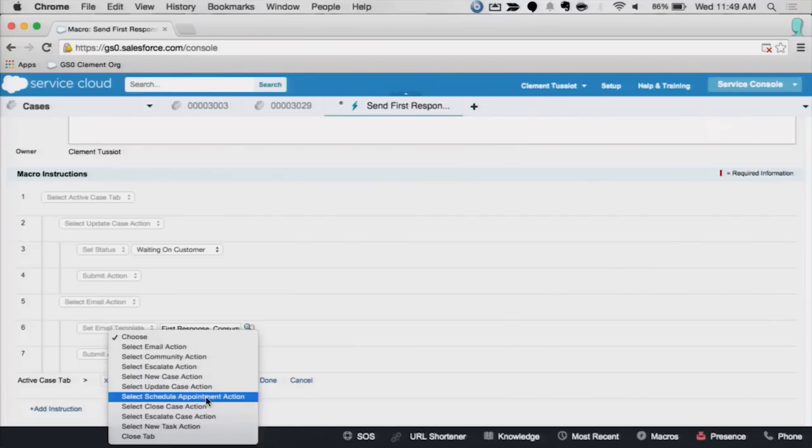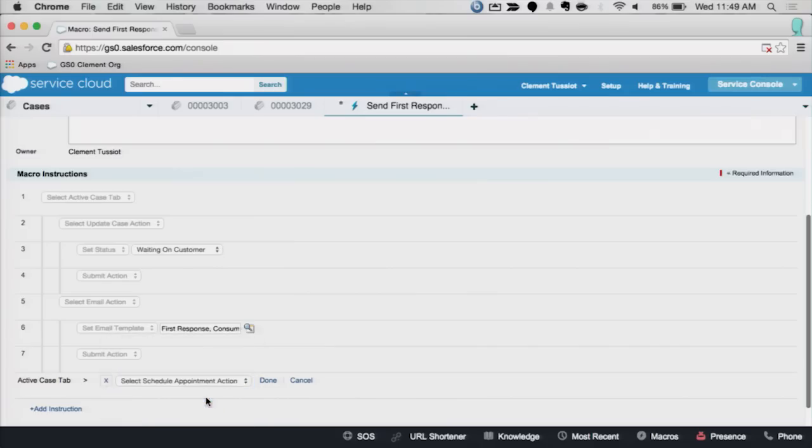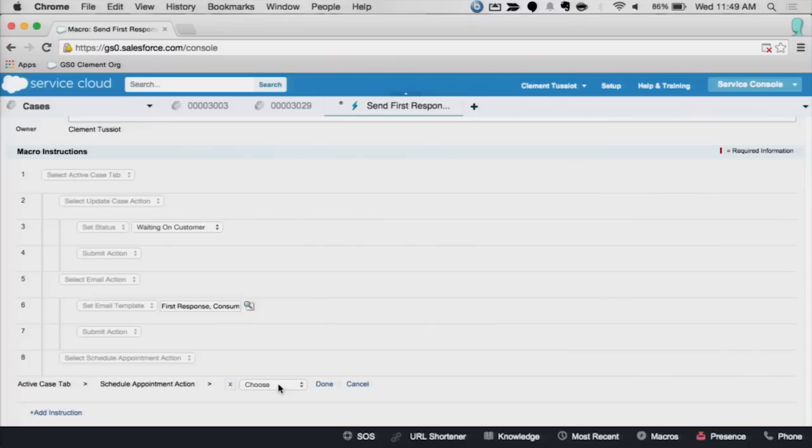And Clement, these are just quick actions. These are just quick actions, exactly. Okay. Terrific. I'm going to select the schedule appointment action, and then the next instruction is in the context